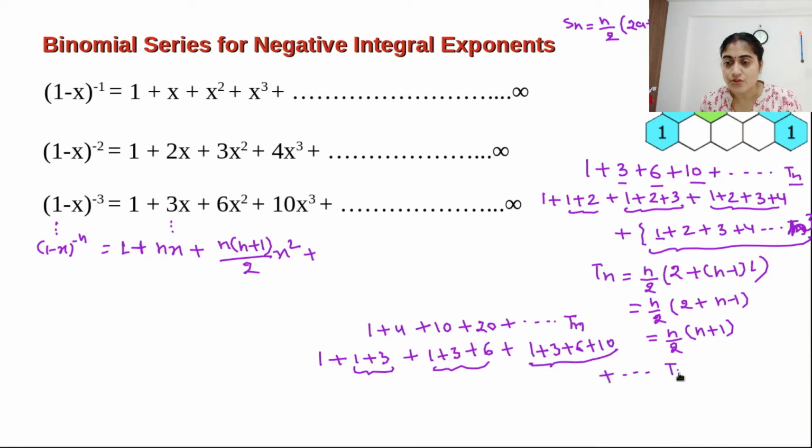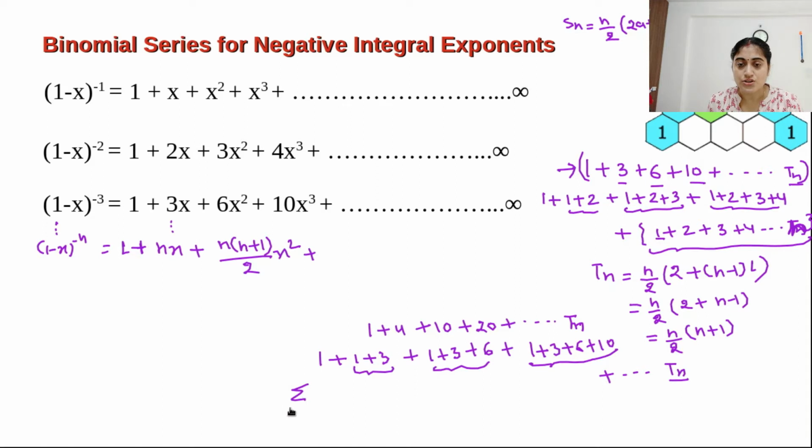Okay, so if I look at this term, how is it looking? It is looking similar to this term if I keep on increasing. So what will be the nth term? The nth term will be the addition of these terms. If I am adding these terms, how can we add them?